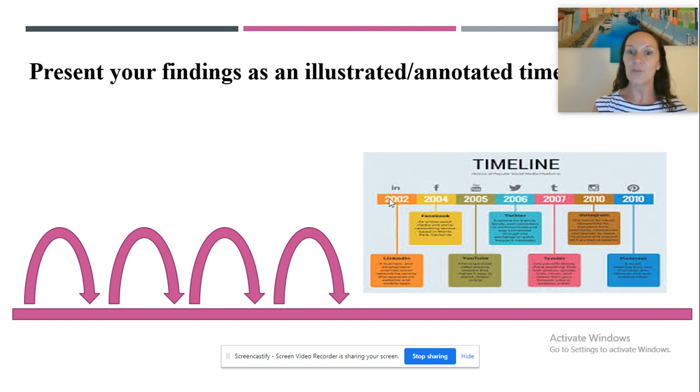When you do your research, what was the first form of communication you can find, and try and bring it up to the most modern form of communication that we use today. Now, this purple line here, it just represents how you might do the timeline. So you could put a date on there, and you could put what happened in that date underneath with a